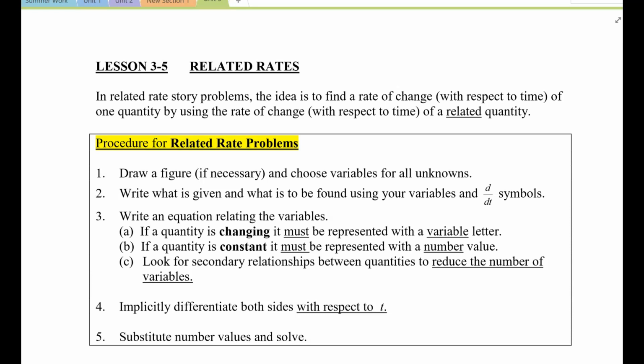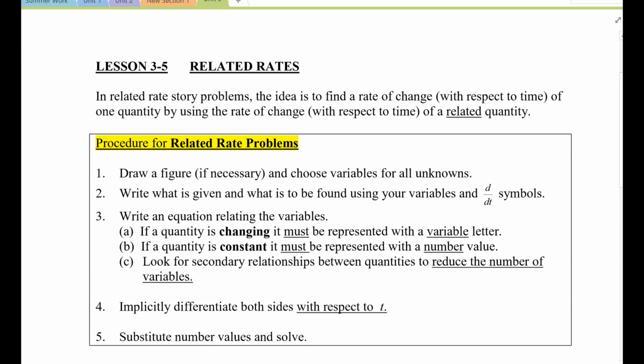This topic is related rates, and related rates are context problems that are going to involve differentiation, some substitution, and some evaluation. And we have a procedure laid out for us to interact with these related rate problems. Okay, and so first of all, I want to just talk about these and let you know,